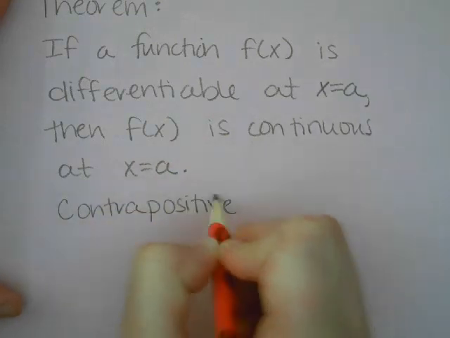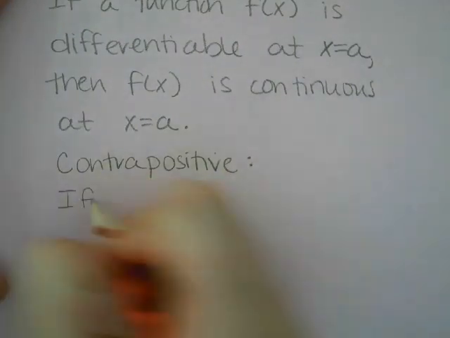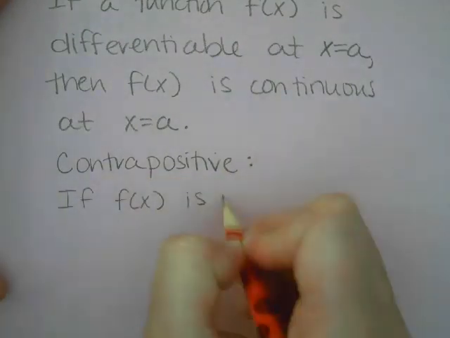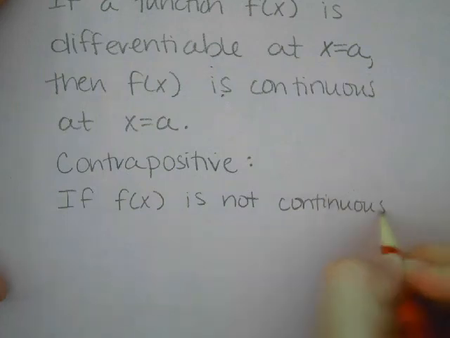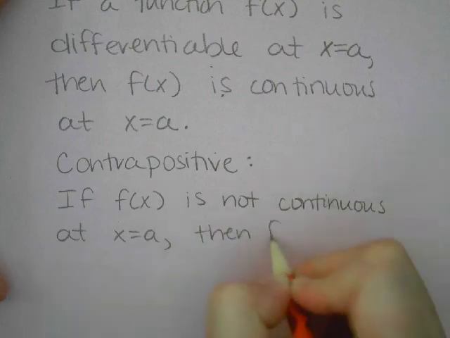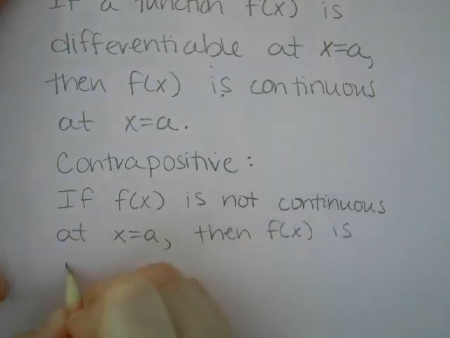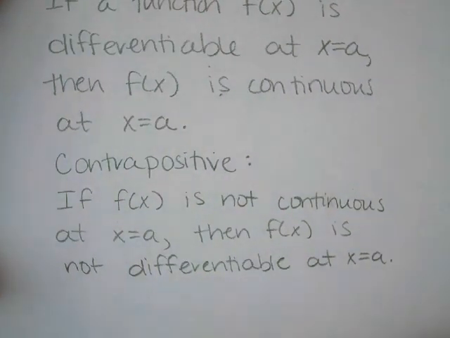And this contrapositive is very important. If f of x is not continuous at x equals a, then f of x is not differentiable at x equals a. So what this tells us is there's an important relationship between a function being continuous and